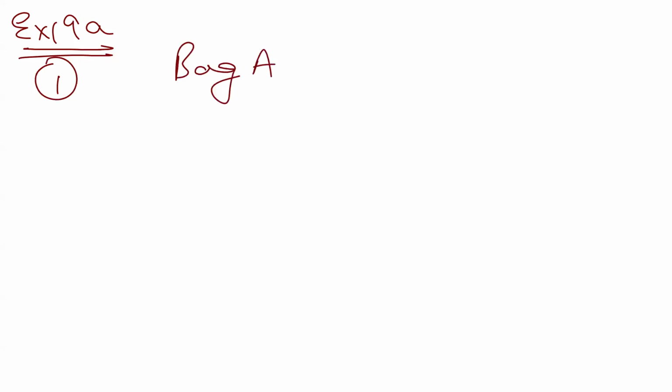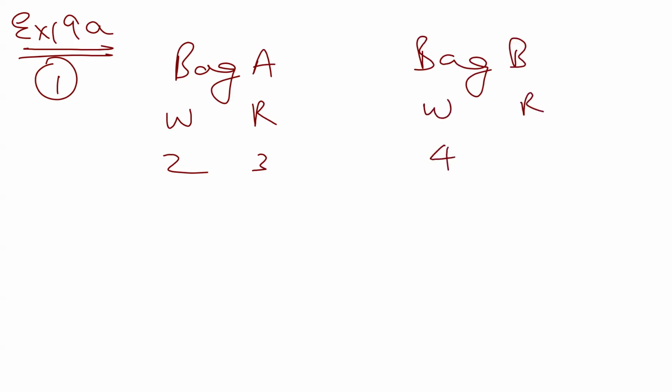So we are starting Bayes' theorem, exercise 19A from OPM. Question number 1. Bag A contains 2 white and 3 red balls. White and red, 2 and 3. Bag B contains